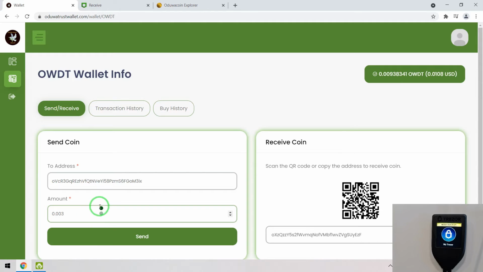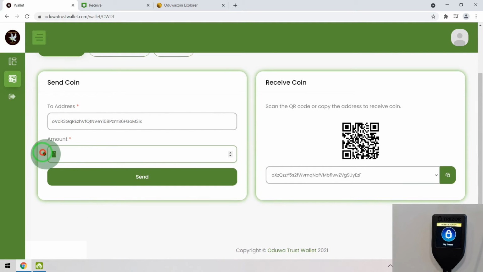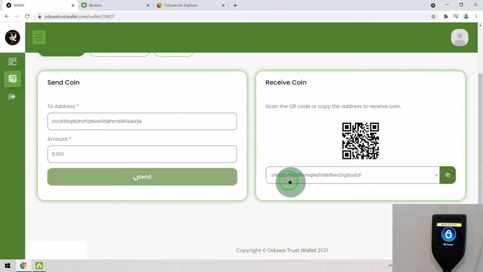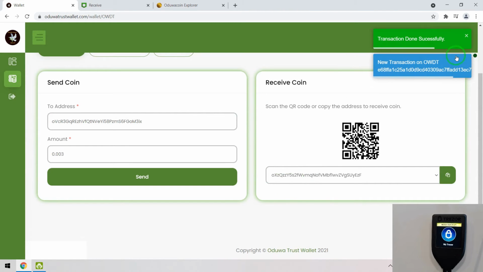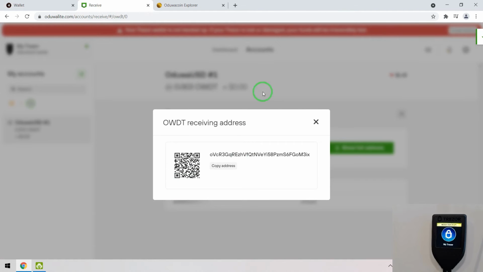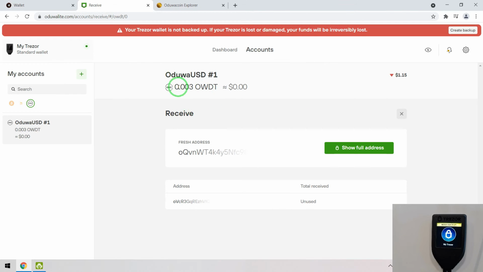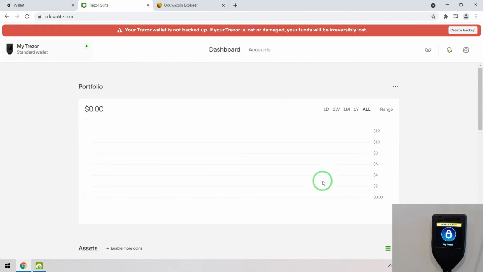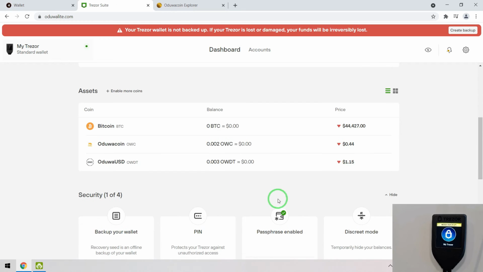Now it's time to send 0.003. Okay, so the transaction is done and here it comes. Okay, now we have 0.002 OWC and 0.003 OWDT.